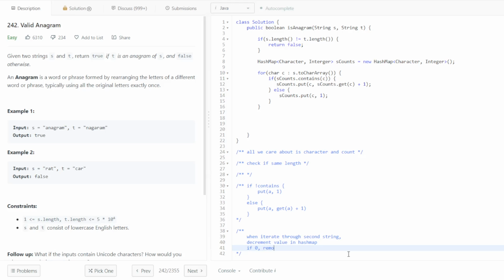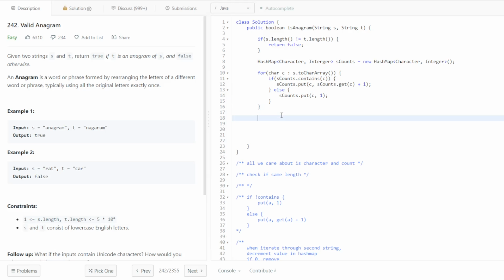If 0, remove. Check if hash map is empty. Okay, so we're going to say in this other for loop, I'll use x now. So for char x in t dot toCharArray,